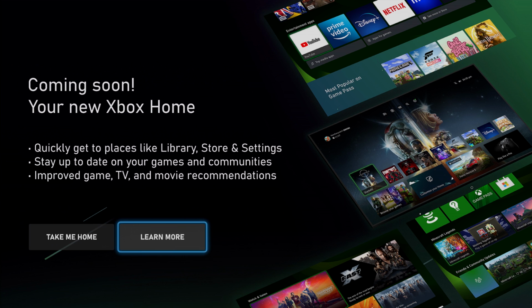There's a new Xbox dashboard design coming to your Xbox very soon, so I'm about to take you into more information about this. You can see this reads, coming soon, your new Xbox Home. Quickly get to places like library, store and settings. Stay up to date with your games and communities. Improve game, TV and movie recommendations. I'm going to select learn more to give you some more information on what's going on here to this change